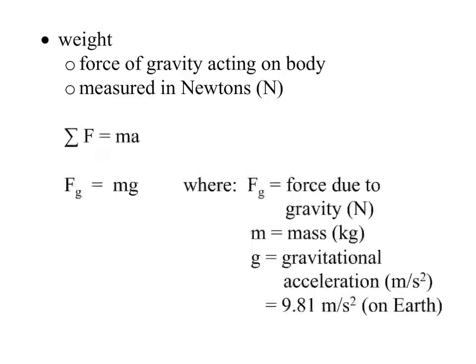So why is this important? Because when you go to somewhere like Mars, for example, you'll step on the scale and it'll say that you have less mass. You don't actually have less mass there, you just have less weight because gravity no longer has the acceleration of 9.81 meters per second squared. It's about a third of that on Mars. So you step on a scale on Mars and the scale will read a third of what it does on Earth. You haven't lost any mass, but what you have lost is the amount of gravity that pushes down on you on Earth. So there you go.